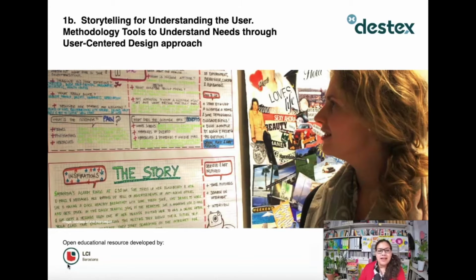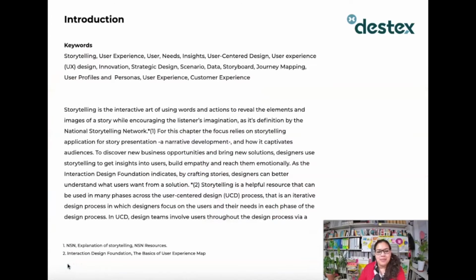Welcome to Storytelling for Understanding the User, methodology tools to understand needs through user-centered design approach. Storytelling is the interactive art of using words and actions to reveal the elements and images of a story while encouraging the listener's imagination. For this chapter, the focus relies on storytelling application for story presentation and narrative development and